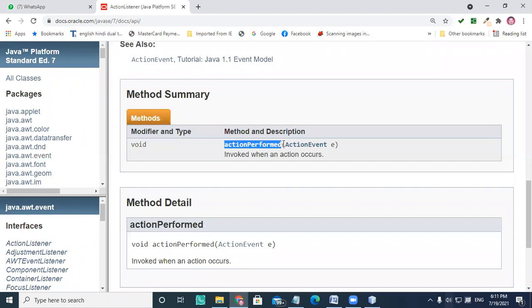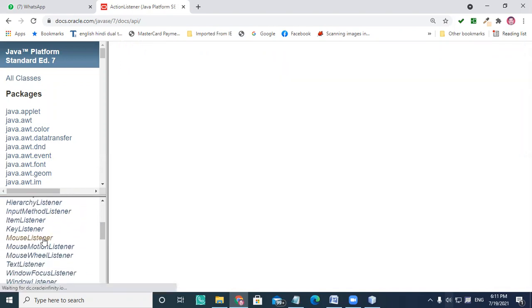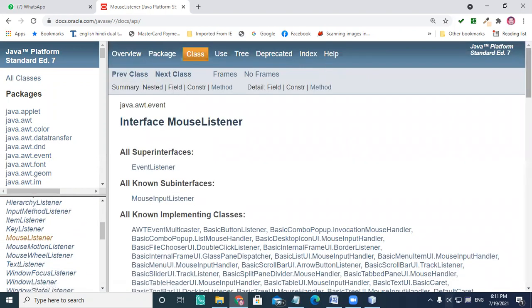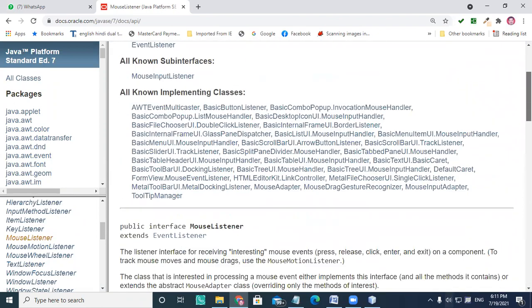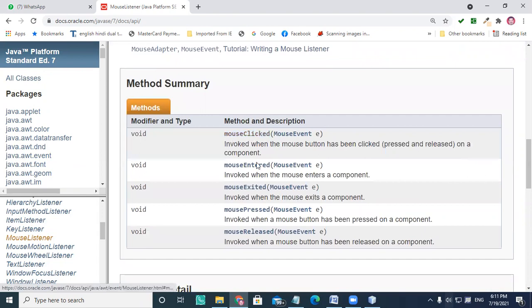If you want to check a MouseListener, so if you want to use a mouse, and whenever people are clicking and double clicking, it has mouseClicked event, mouseEntered event, mouseExited event, mousePressed event, and mouseReleased.